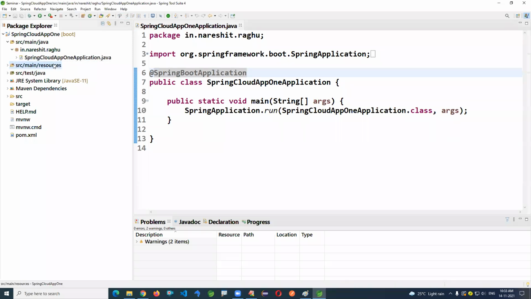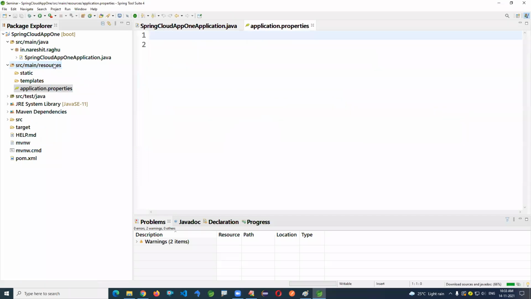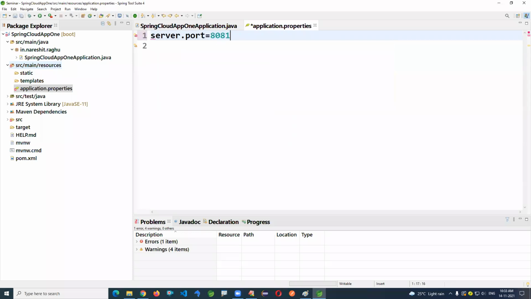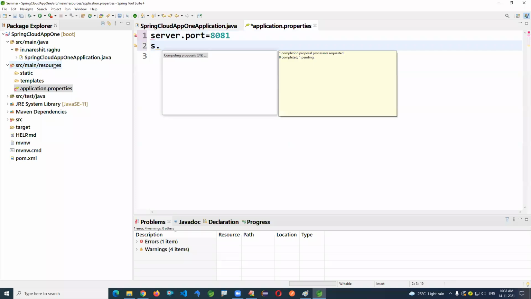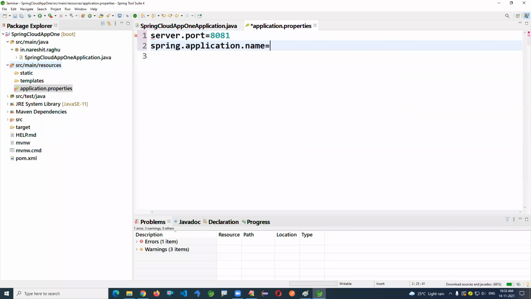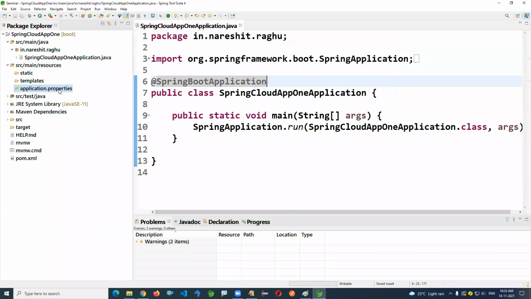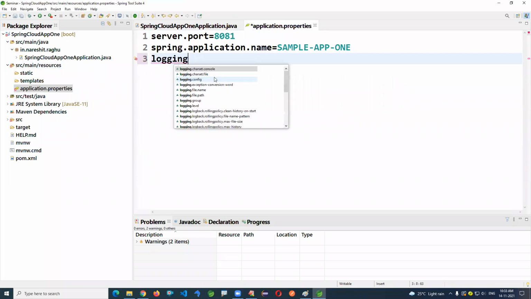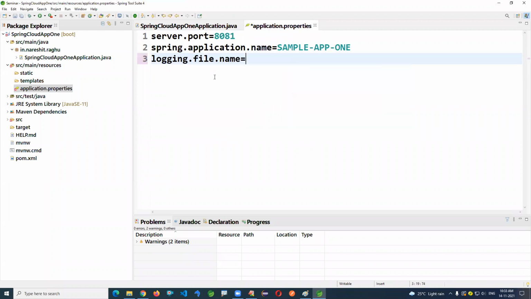So first I'm opening the properties file. There I'm writing the basic configuration here. server.port here, 81. spring.application.name, it's sample app 1. Now you can mention the logging file details. logging.file.name.